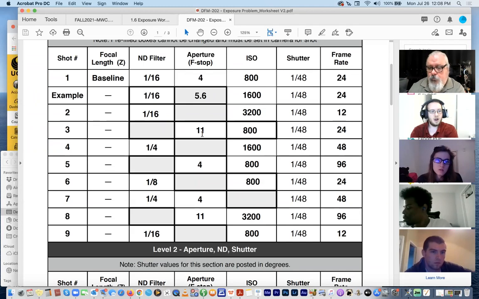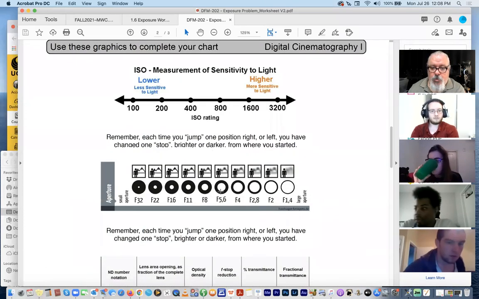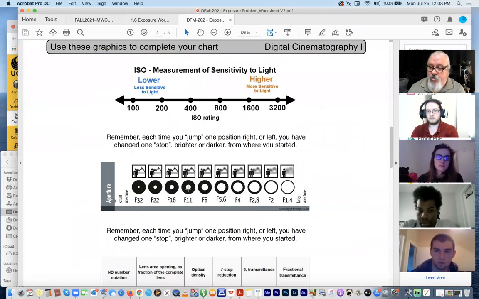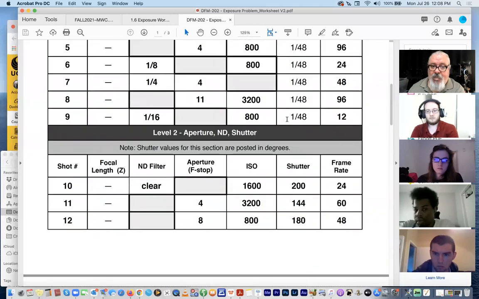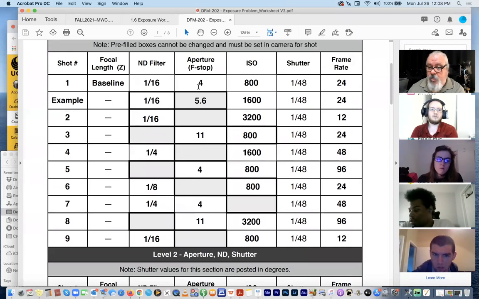It's now underexposed. It's now underexposed by 3 stops, right? Because it was 3 jumps to get from a 4 to an 11 in the last example. Now we're at an 11 and nothing else changed, which means all we did is close the lens down to an 11, which made the image darker. So we have to change our neutral density filters to accommodate an image that's now 3 stops darker than it